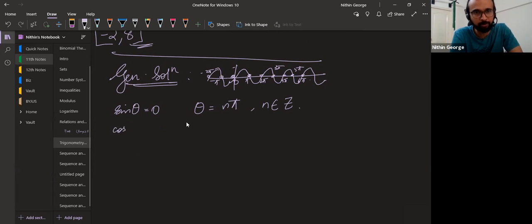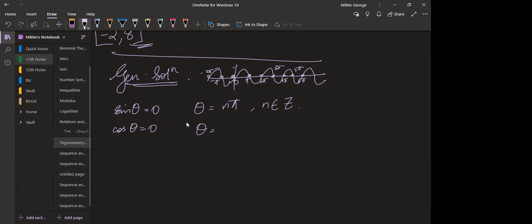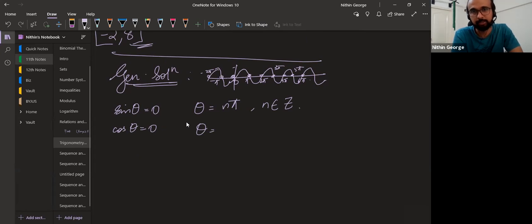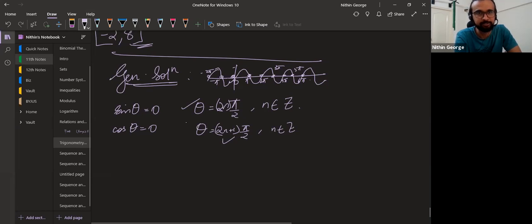Now, if you have cos theta equal to 0, what can you say about theta? 2n plus 1 pi by 2. Exactly. So here, you can look at this as 2n pi by 2 and this one as 2n plus 1 pi by 2. Why am I doing that? This is an odd multiple of pi by 2. The upper one will be an even multiple of pi by 2. Think like that. Because cos theta is the same graph shifted this way. So if I draw the axis here, this becomes a cos theta graph. I just redraw it anyway.